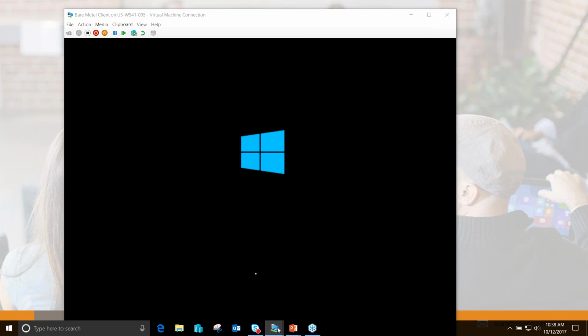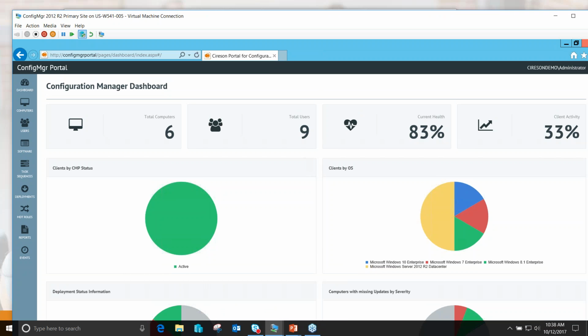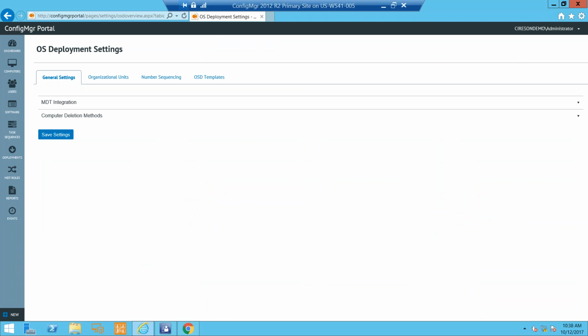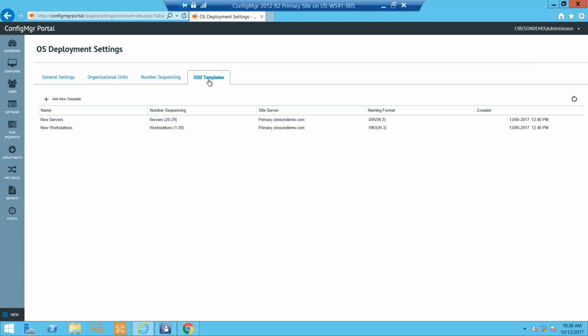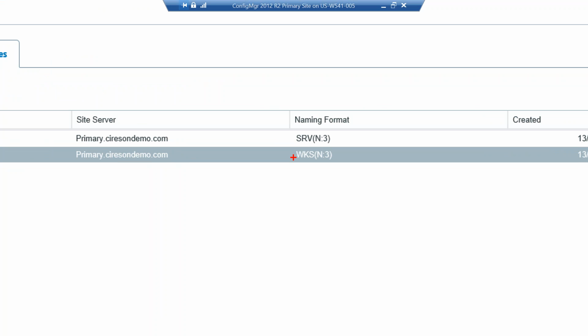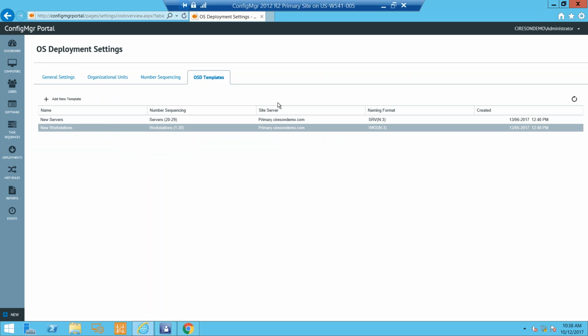his work. Let's go over to my site server image, and let me just show you some of those things that we saw in Commence. So if I go to Operating System Deployment Settings, here's my OSD templates. Remember, the first one we saw was New Workstations. You can see the New Workstation template is using the Workstations numbering sequence, which you can see the naming format here when I zoom in, WKS, that's what we saw,